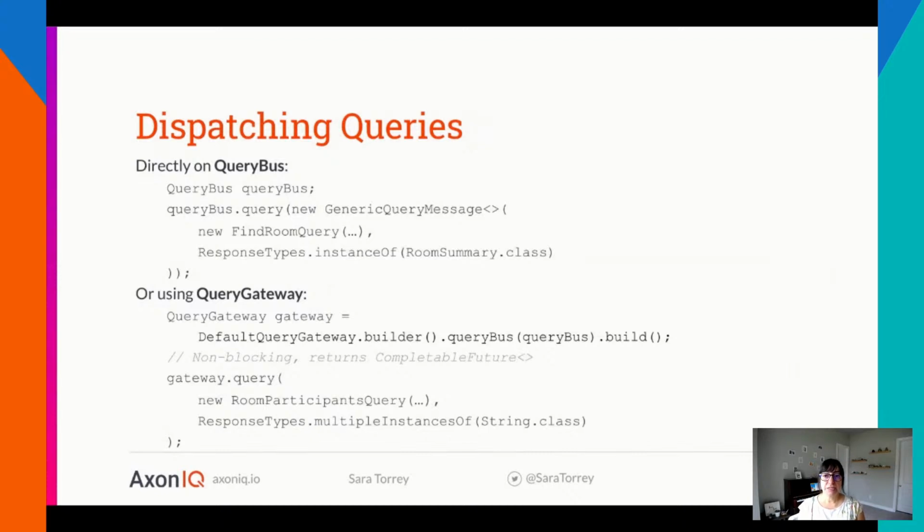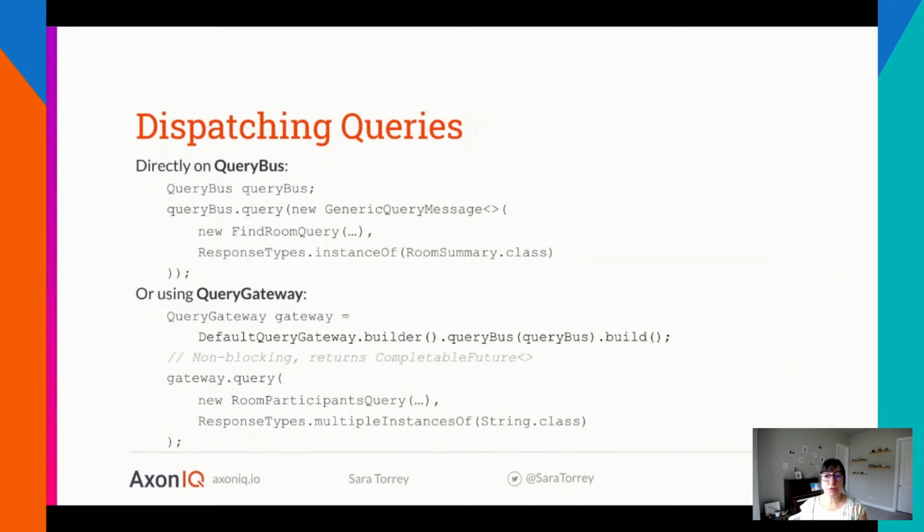So just like the commands, we need a way to dispatch or publish these queries, and we can do those by using query buses or gateways. And just as we saw with gateways with command handlers, you can use the query gateway. I would recommend it because it does give you some more options as well.